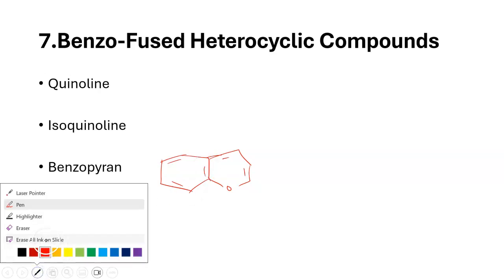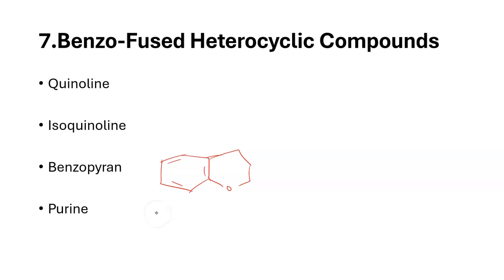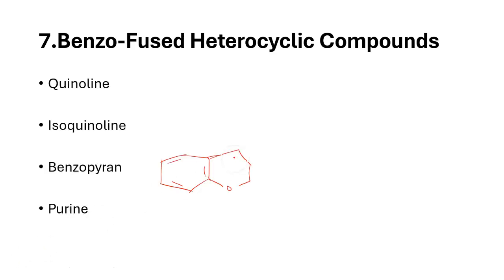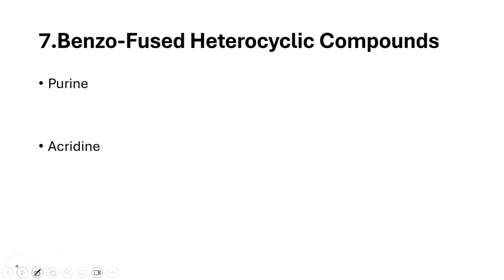The double bond position in this case was not correct. So again I will write it. Now this is the correct structure. Numbering will start from this 1, 2, 3, 4, 5, 6, 7, 8. So these are the structures of benzopyran. And the remaining structures we